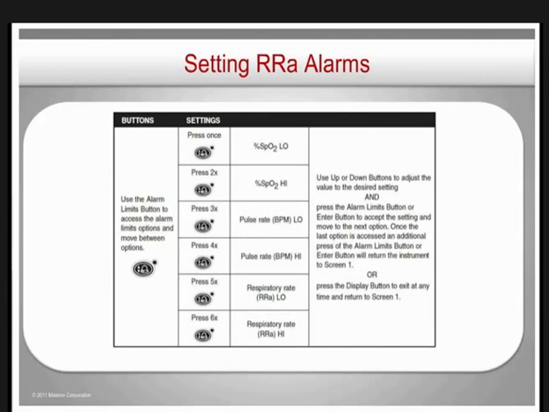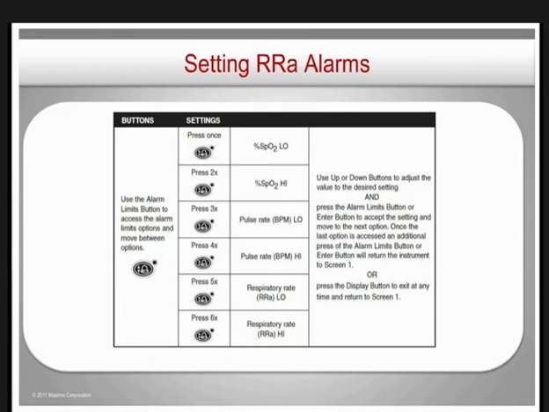To access alarm limits for parameters or measurements contained on Screen 1, press the Alarm Limits button to access the Alarm Limits menu for Screen 1 parameters or measurements. Use the Alarm Limits button to access the alarm limit options and move between options. Press the Alarm Limits button until you see Respiratory Rate, or RRa low, or press again for Respiratory Rate high,